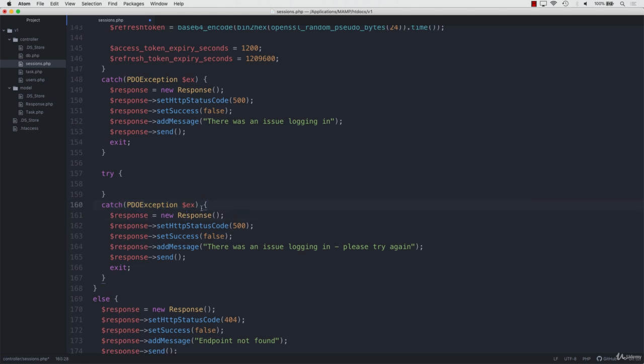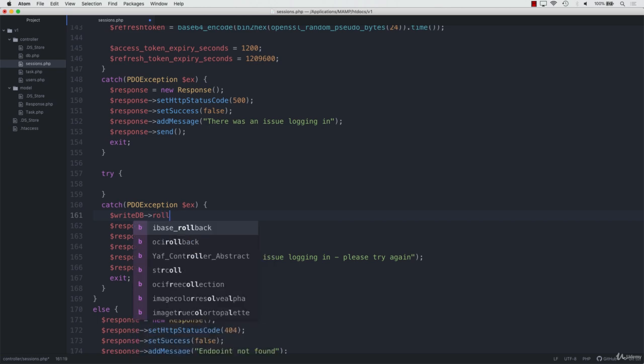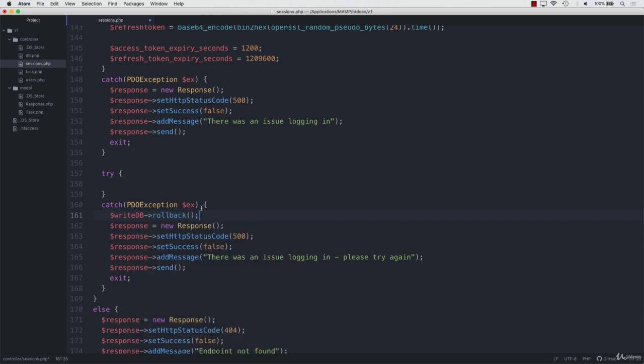And what I'm going to do, I'm just going to write the code here, then I'll explain it when we get to this point. But it'll be write db and then it's rollback. And like I say, I'll come back to this. It's actually roll capital back. Yeah. And I'll come back to this. Okay, so in our try,